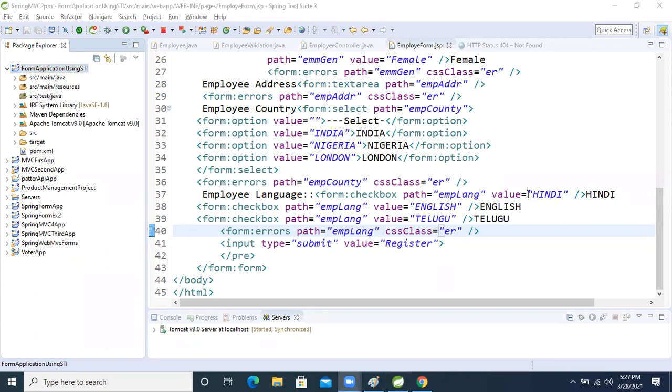We will meet next weekend and continue to understand the things. This week we will practice all these things. Do the practical, and next weekend we will complete Spring MVC with the mini project. Don't worry, I will implement the things in this project only. I'm not going to create one more project.